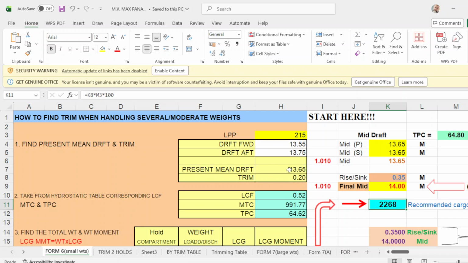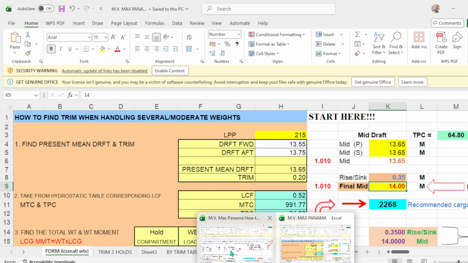So with your mean draft, you place it here. So that will be put here, actual mid port. If you read your actual reading of your mid port, that will be, for example, 13.65 and mid starboard draft will be 13.65, meaning there's no list. So your mean draft is 13.65 and your final or your target draft is 14 meters.